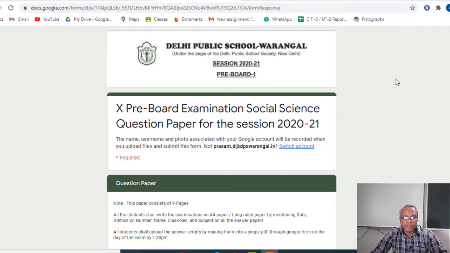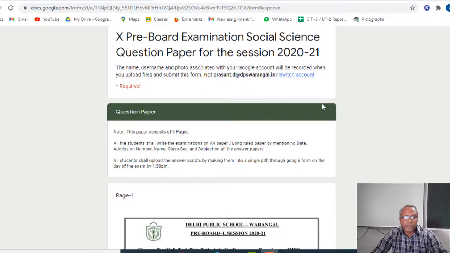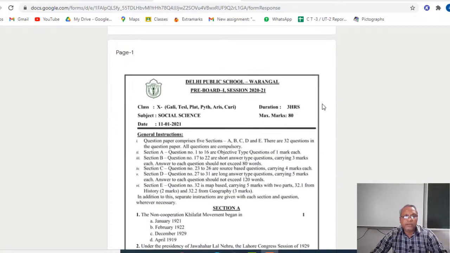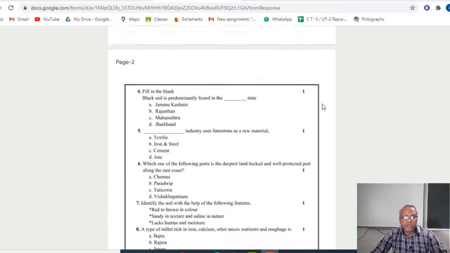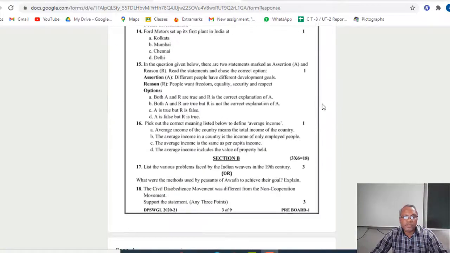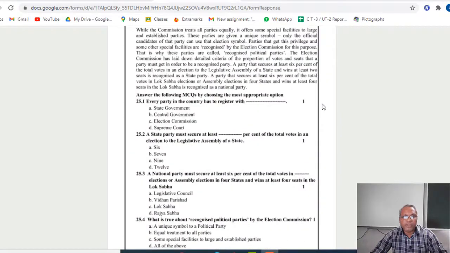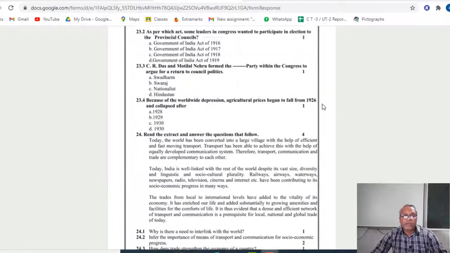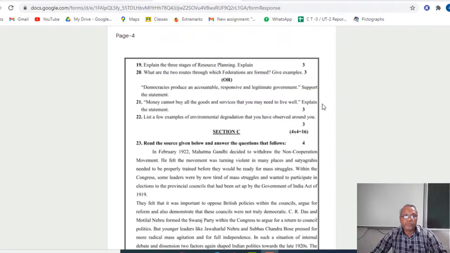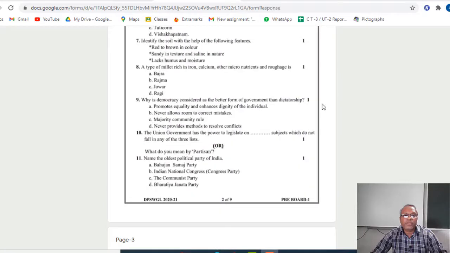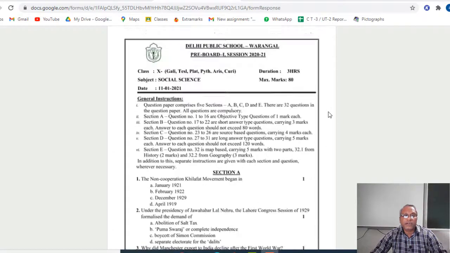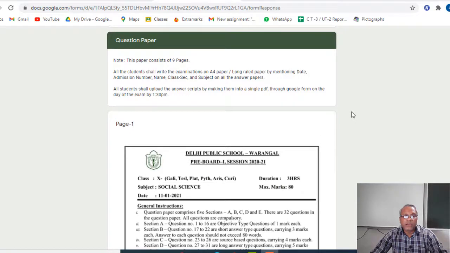So here, first the school shared the question paper through a Google Form like this. You can have a look. This question paper was prepared and shared with students. The link was given to students on that particular day, and the exact time the student can open it through the link given to them, and each student has been given one based on the admission number.